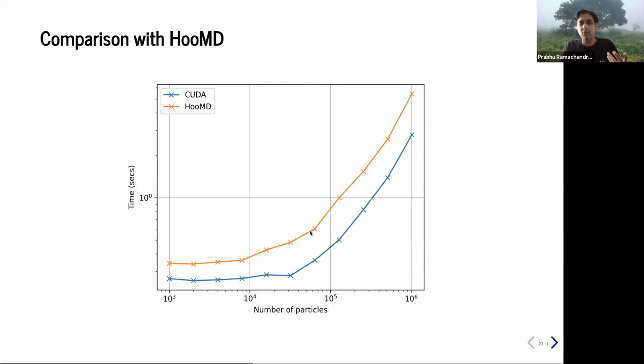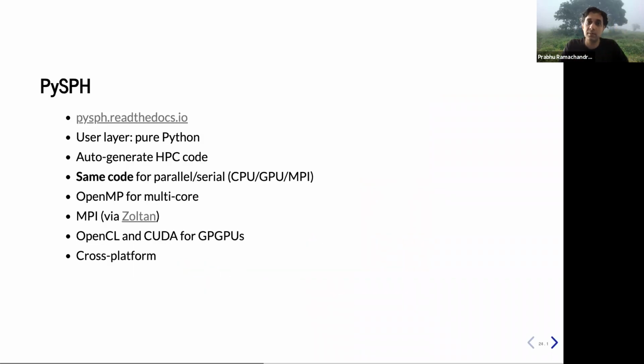So the nice thing I'm trying to talk about here is that given the power of Python and the fact that it has all of these powerful libraries, it's possible for someone like me, an aerospace engineer, to basically put things together in a very powerful way, where I can have people writing code at a very high level and still extract very powerful performance. So this is one example.